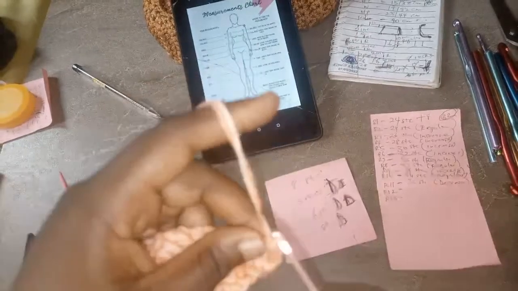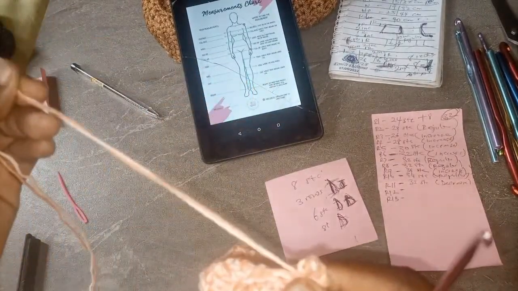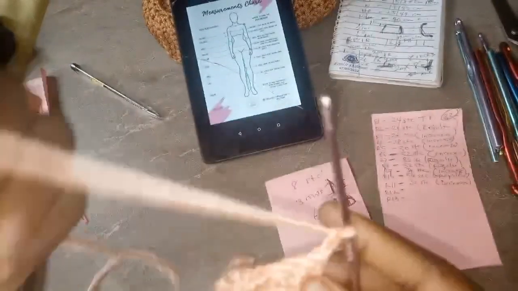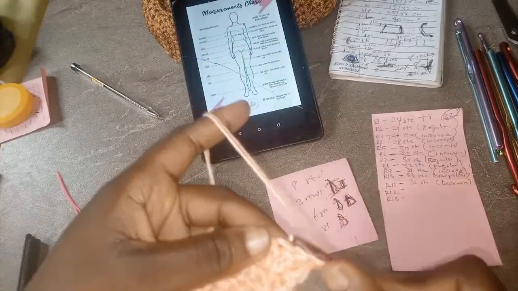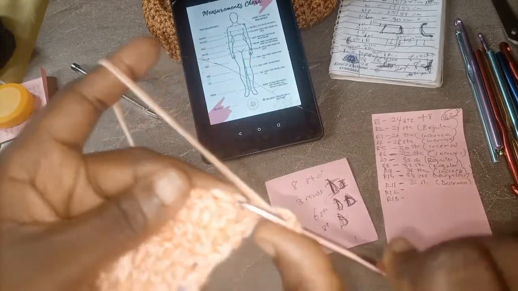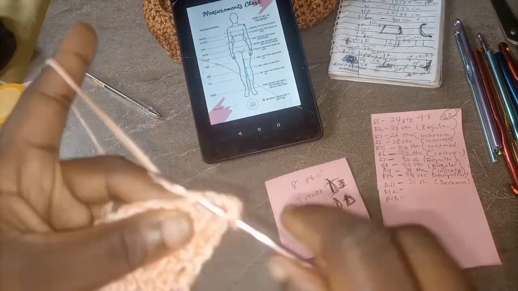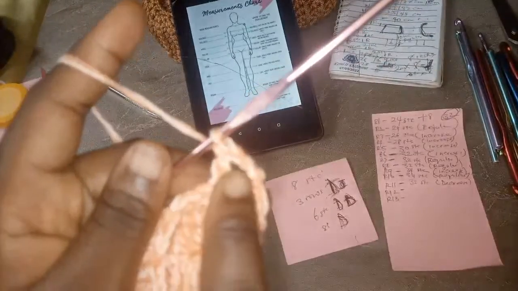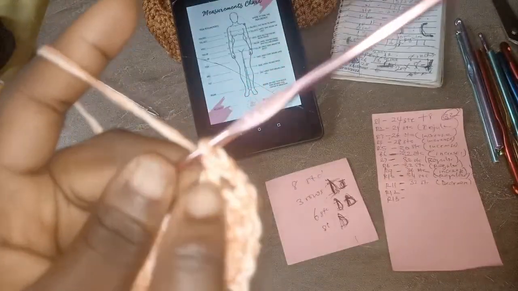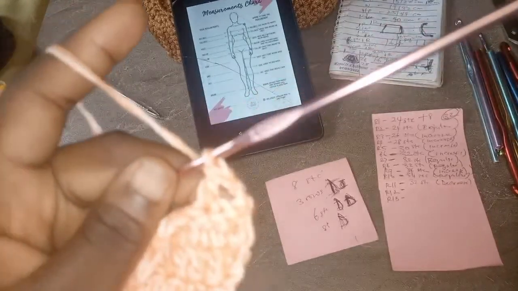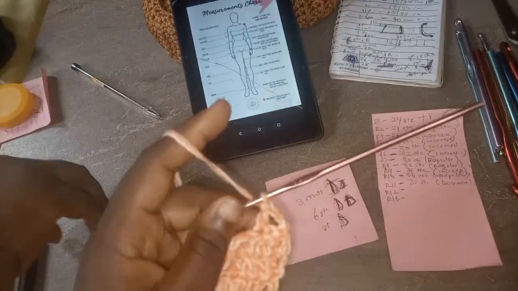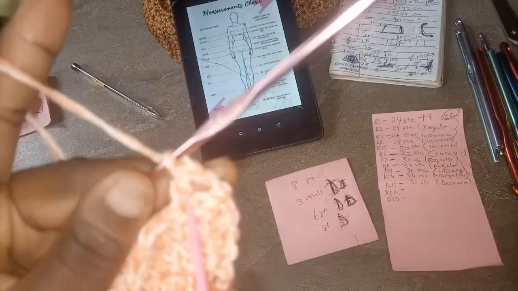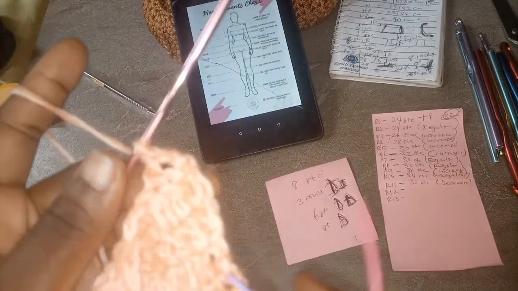Now another way you can decrease is after doing your first stitch, which is our turning chain, serving as our first stitch. After doing your first stitch, skip this second one, go into the third one and just do a double crochet. But like I told you the last time, this one is actually not good for your double crochet. Why? Because of space. Can you see the space? It will just give you a lot more space.